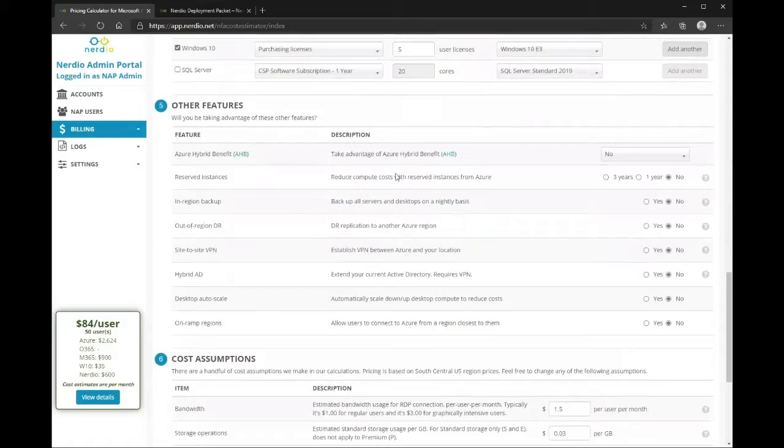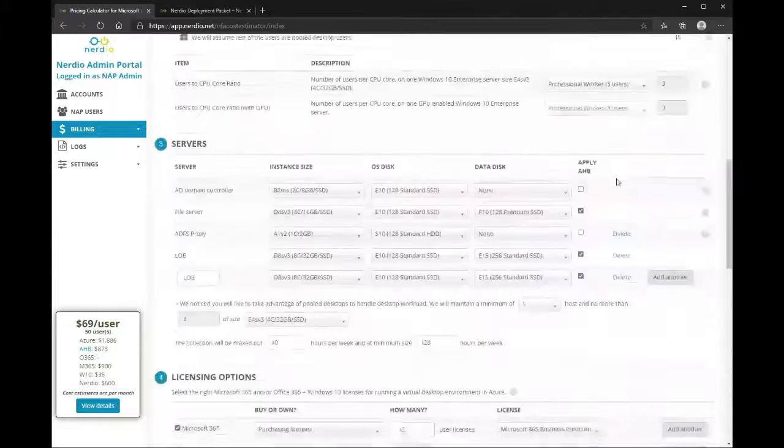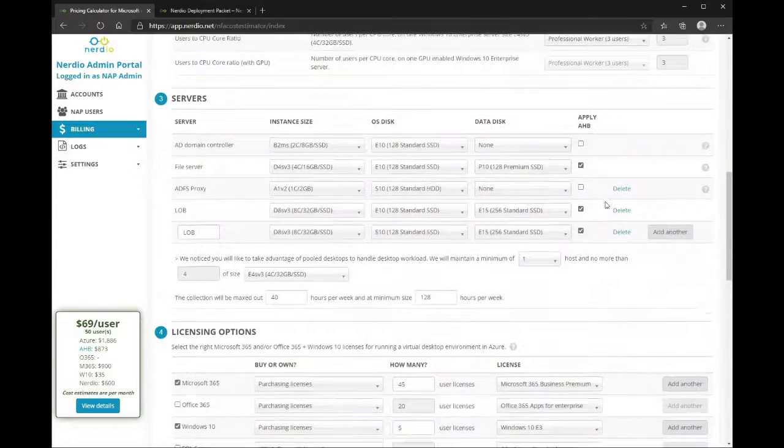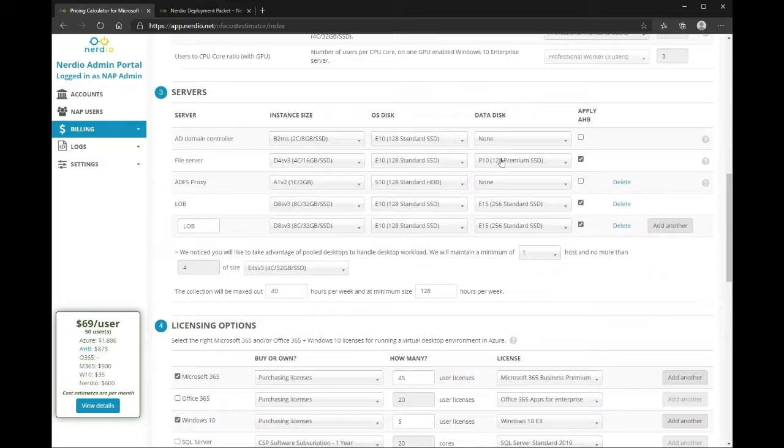So continuing on, and I'll kind of wrap up this quote now. Actually, before I do that, let's talk about Azure Hybrid Benefits for a second. So Azure Hybrid Benefits, I'm sure most of you guys are familiar with it, but it's just purchasing the operating system license beforehand. And in this case, we have several line of business servers. So we'll go ahead and commit to a one-year Azure Hybrid Benefits, and we can specify what servers we're going to select this with. So by default, we don't recommend you do it on a B series virtual machine instance. The reason is because Microsoft has already discounted this virtual machine instance significantly, and so you actually end up paying